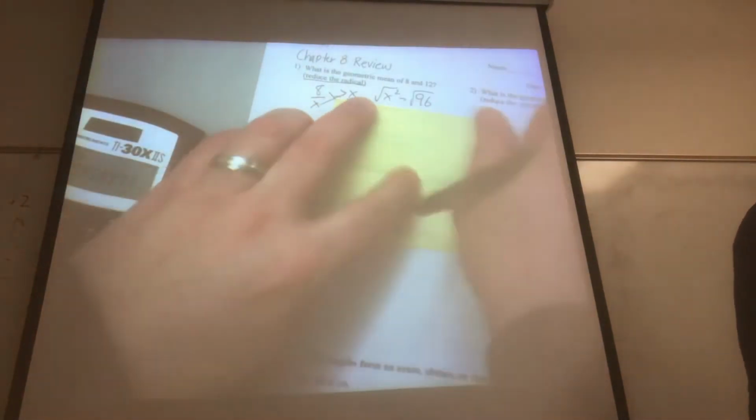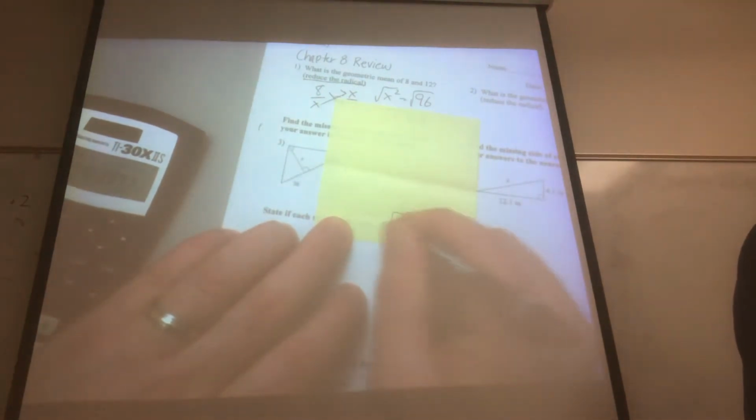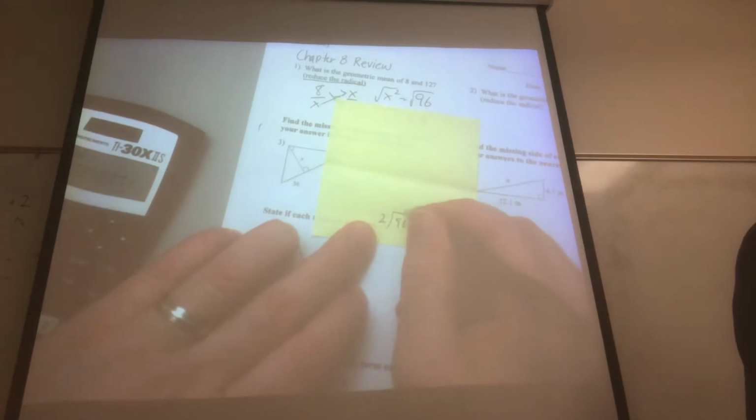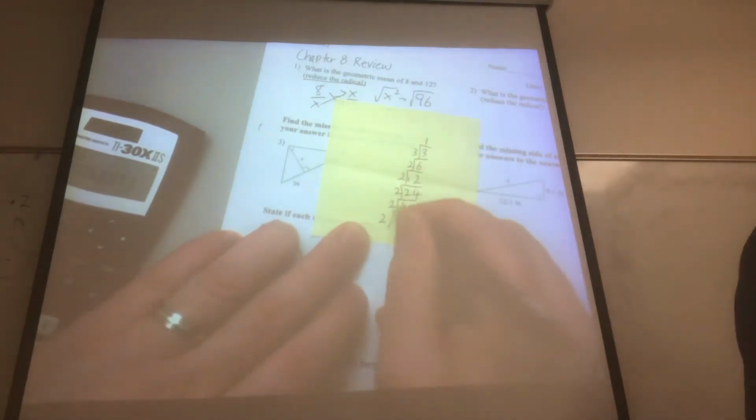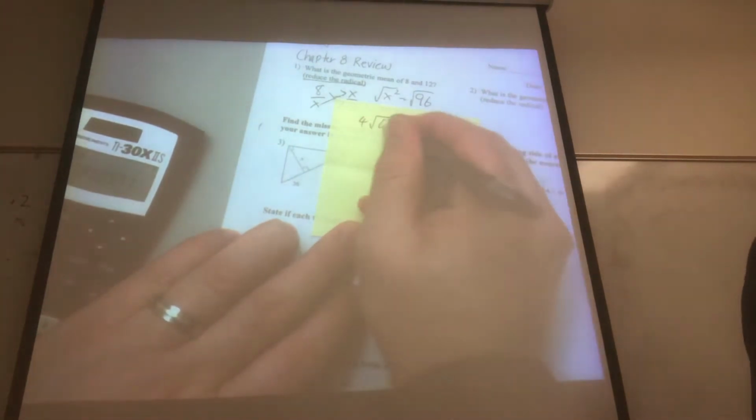fast. I don't remember if you did this in Algebra 1. So we got 96. That's divisible by 2. It would be 48. That's divisible by 2. That's 24. That's divisible by 2, that's 12, that's divisible by 2, that's 6, that's divisible by 2, that's 3, that's divisible by 3, that's 1. Pair of 2s. So this is going to be 2 times 2, 4 square root of 6 is what it